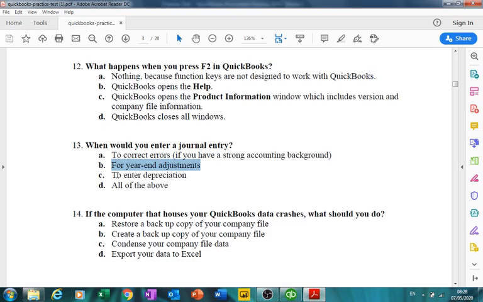Third, we have to enter depreciation. And depreciation, yes, is an adjusting entry. Then it's related to adjustments. Then the answer is all of the above. All of the above is a journal entry